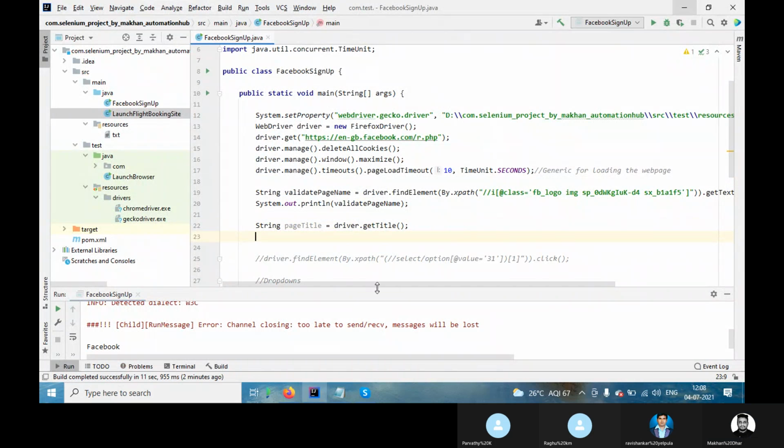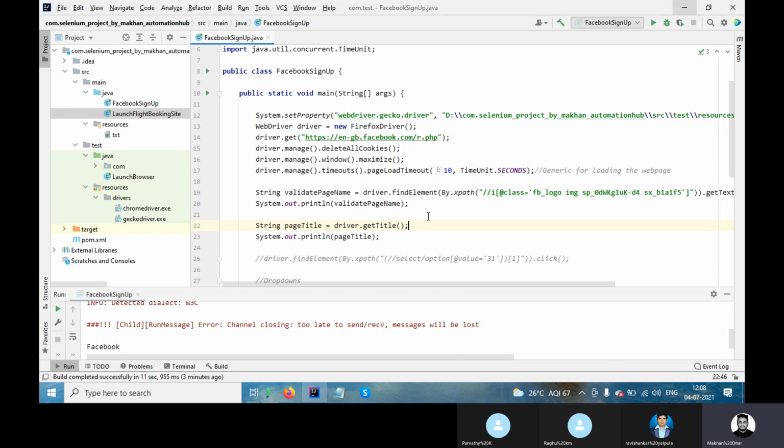So this will just get the title. Now I'm saying System dot out println, and you want to print this because this is a string. Whatever comes, the output will come as a string. That's why we took a string, and this is the object, and this is the method we use, driver dot get title. So we need a printout for this object, right? And this object is holding the get title method.